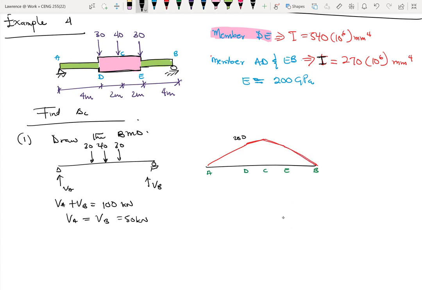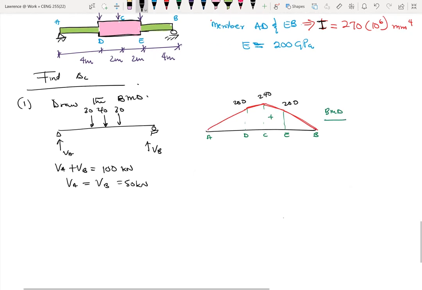So 200, this is 240, it's also 200. Okay. So it's like you have different sections, something like that. Okay, so this is your bending moment diagram. And it's a positive bending moment diagram. So this is the bending moment diagram. The next thing is to